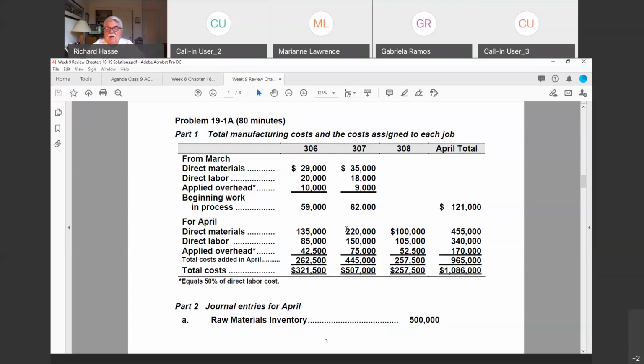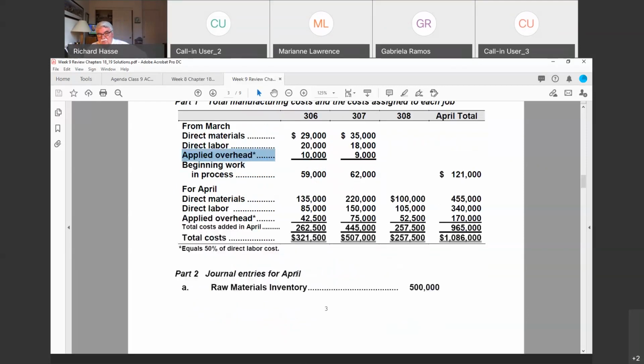So here we're not looking at the total cost of goods manufactured. We're breaking it down by specific type of job. That job could be a department, a specific unit of product, or a division. The company designates what that designation is, but you're splitting it. You're getting a handle on what it costs in each of those different areas to provide that product: materials, labor, and the new thing we're talking about here in Chapter 19, applying the overhead cost at a predetermined rate. And that's what Kathy just did.